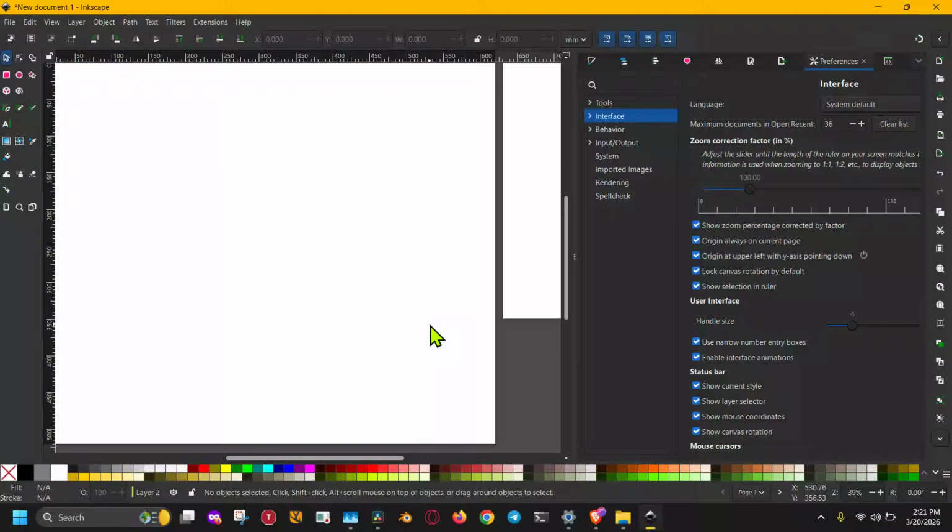If Inkscape 1.4 is crashing with an unspecified fatal error and aborting on launch, don't worry. In this video, I'll walk you through the safest step-by-step fixes to get it working again. This issue is usually caused by a corrupted recent files list, a bad preferences file, or a problematic SVG file path. The good news is that you can often fix it in just a few minutes without reinstalling the entire